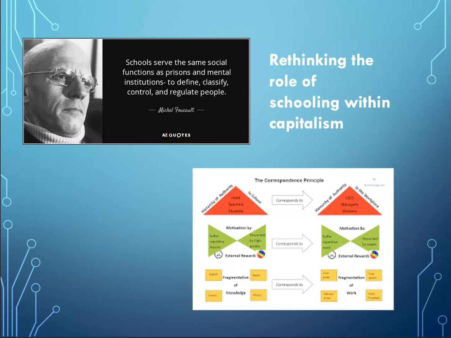And so he argued that schools serve the same kind of social function because both prisons and mental institutions define, classify, control, and regulate people through surveillance. So what does he mean? So, for example, if we were to think about